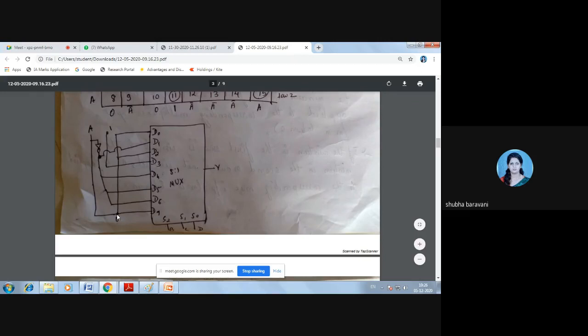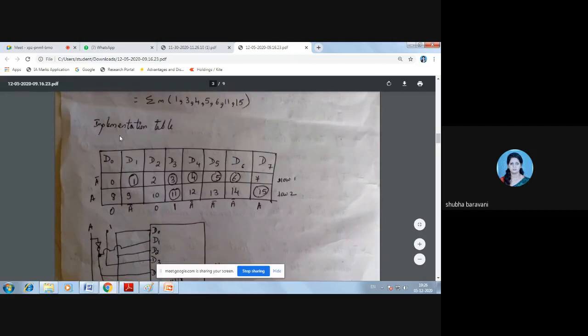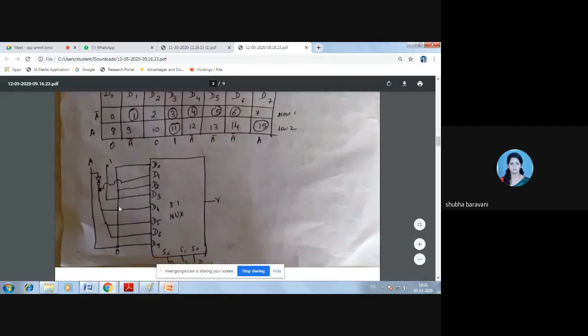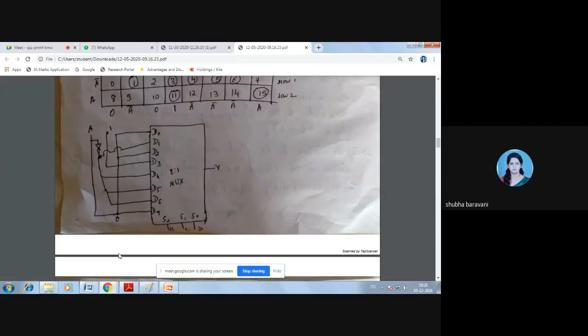I have written 0 here, but mistakenly I connected it to A. Don't do this, connect D0 to 0. Is it understood?